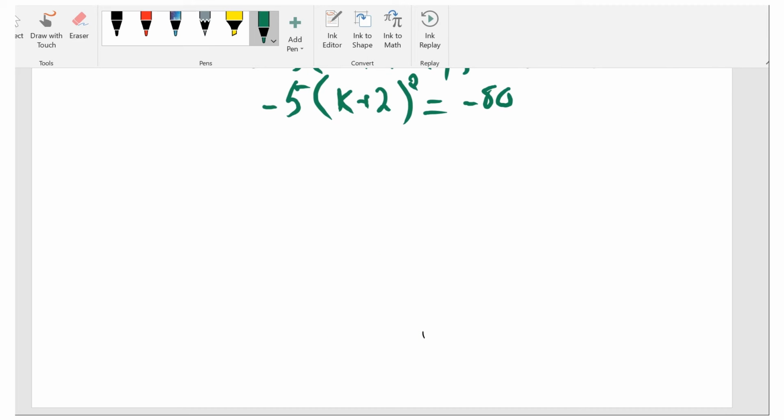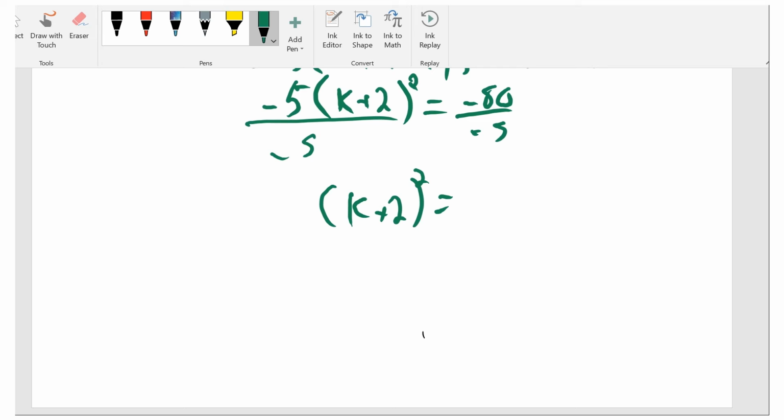I might run out of room here. I would divide both sides by negative 5. So you get k plus 2 squared equals negative divided by negative is a positive. 5 will go into 8 once, and then 5 goes into 30 six times. So you should get 16 right there. And when you take the square root of both sides,